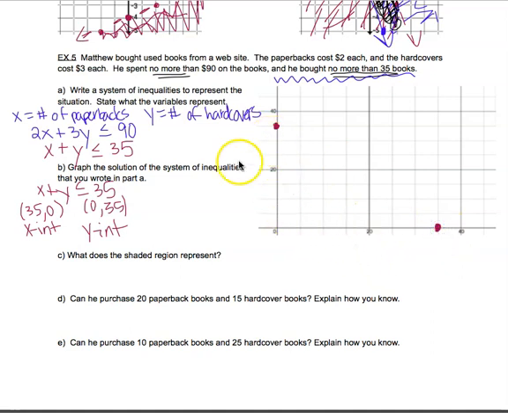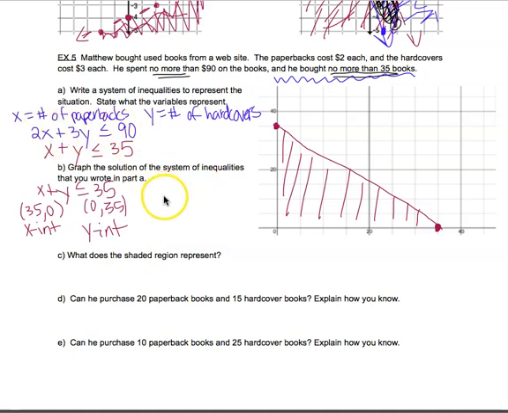And so I know that it should be a solid line, and less than or equal to generally means underneath, but I can test 0, 0 if I want. 0 plus 0 is less than 35, so that means underneath here would be the shading. Then when I go to look at my blue inequality and I do the cover-up method,